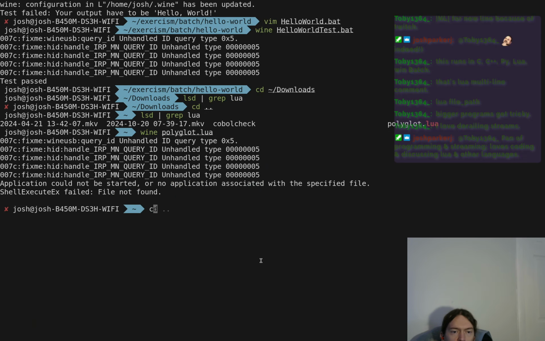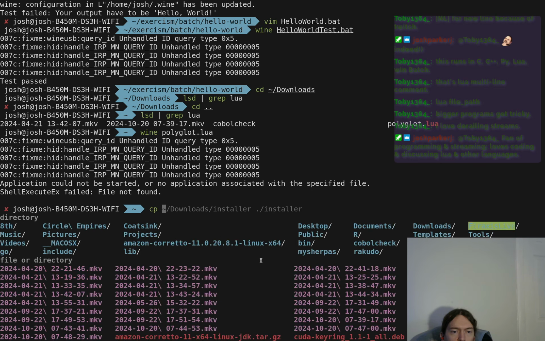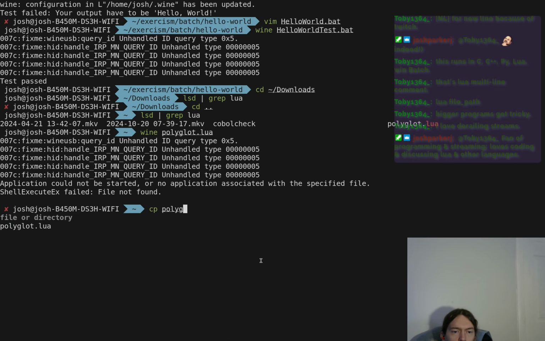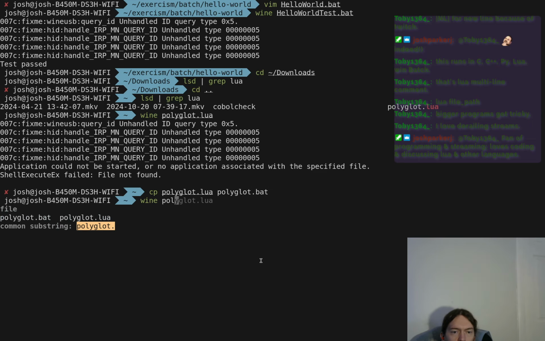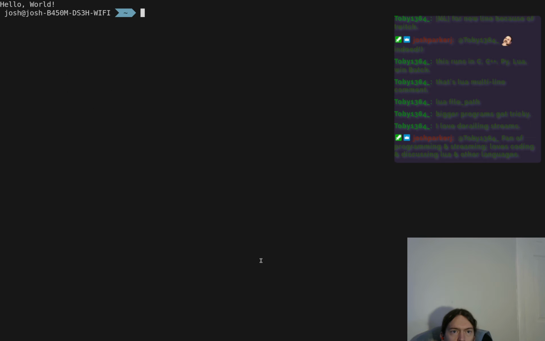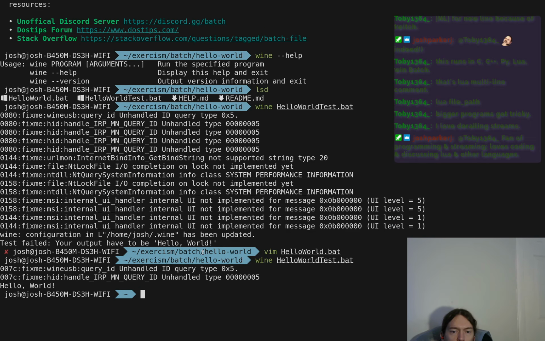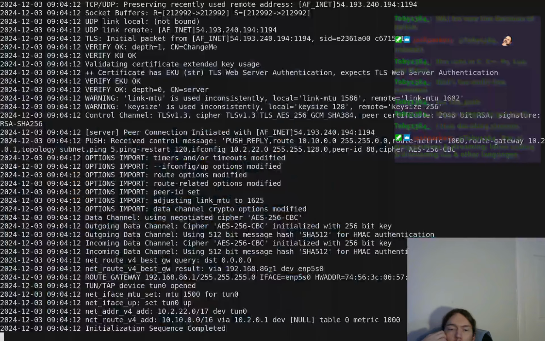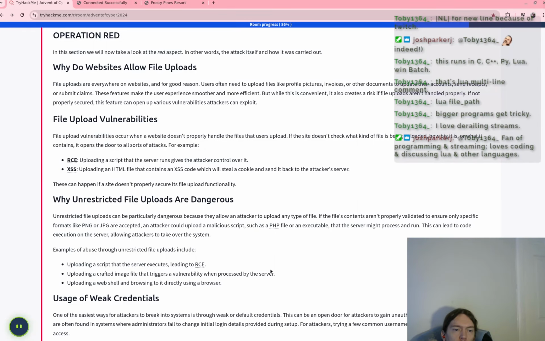Here, let's copy it. Copy polyglot Lua to polyglot bat. Oh, okay. Yes, amazing. So we can totally do that just with wine. And I didn't know that before. All right, so